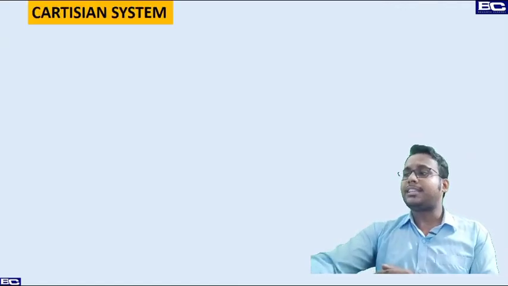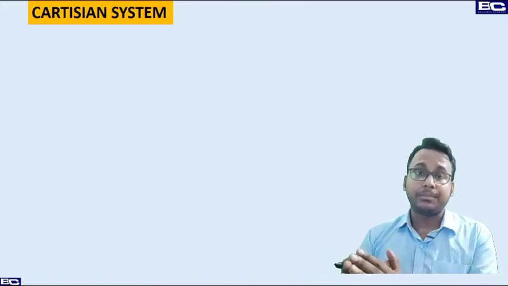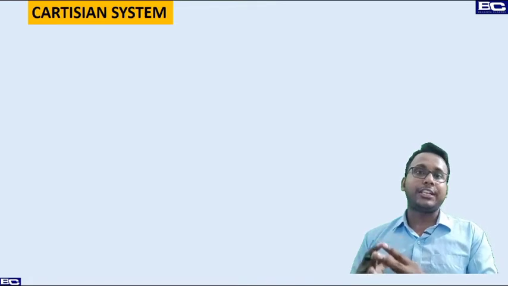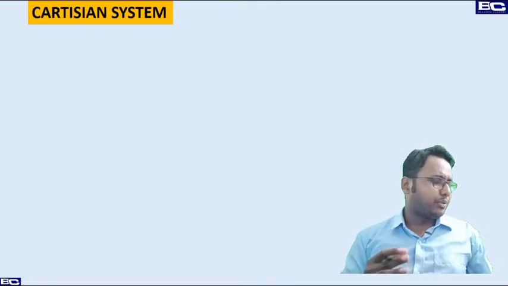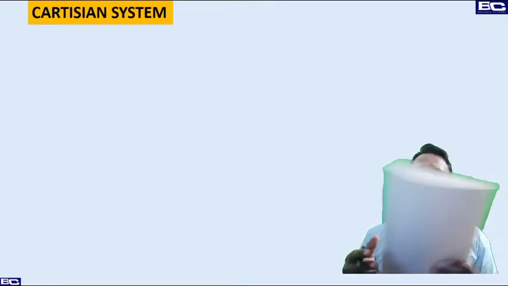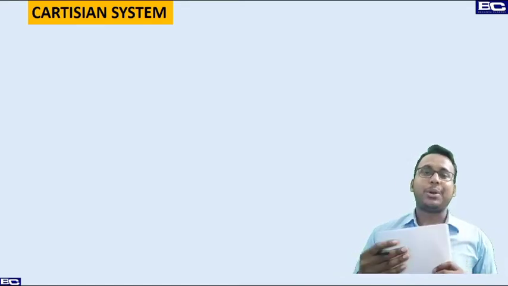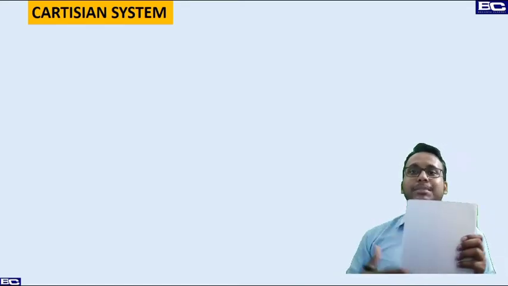So let's see in the next part, the Cartesian system, the real part of the coordinate system, or simply the coordinate plane or Cartesian plane. If I show you, you can check it out. You must have a plain paper, yes or no, your copy. This copy is simply a plane.